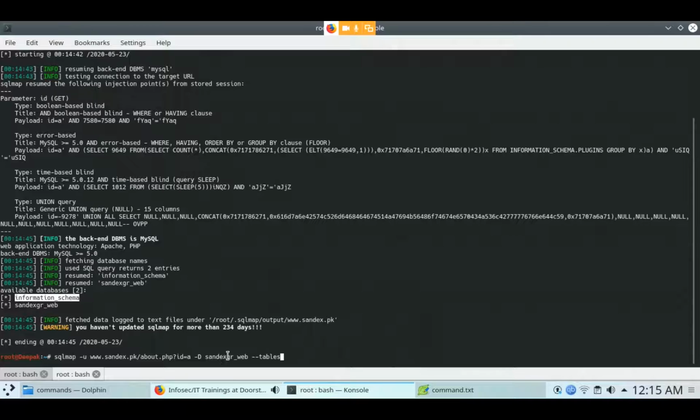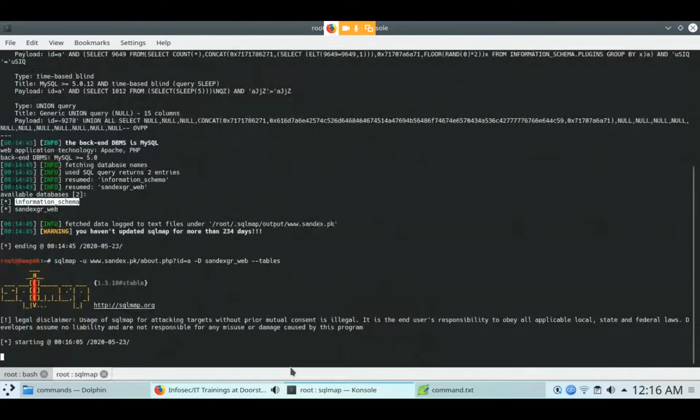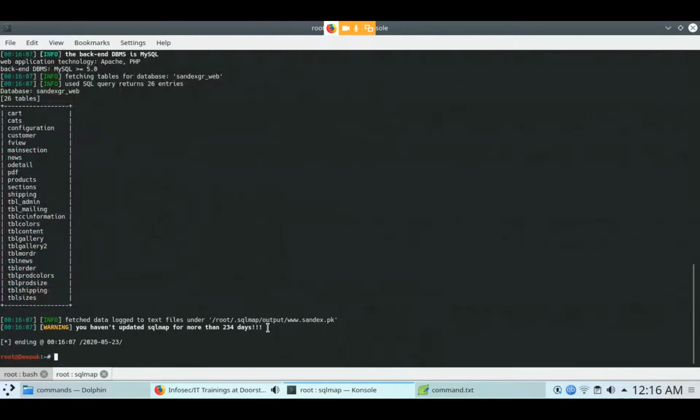So -D means database, and --tables. I want to find the tables from the database. -D is used for database, and -u is for URL. After that, hit enter, then you can find the table names.